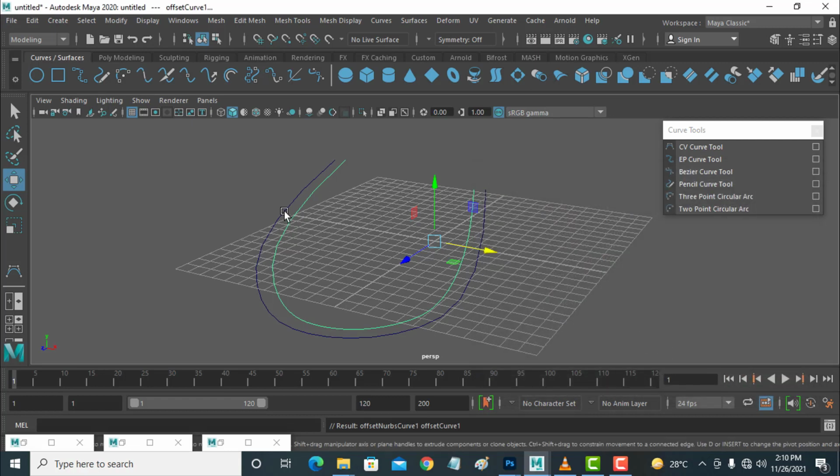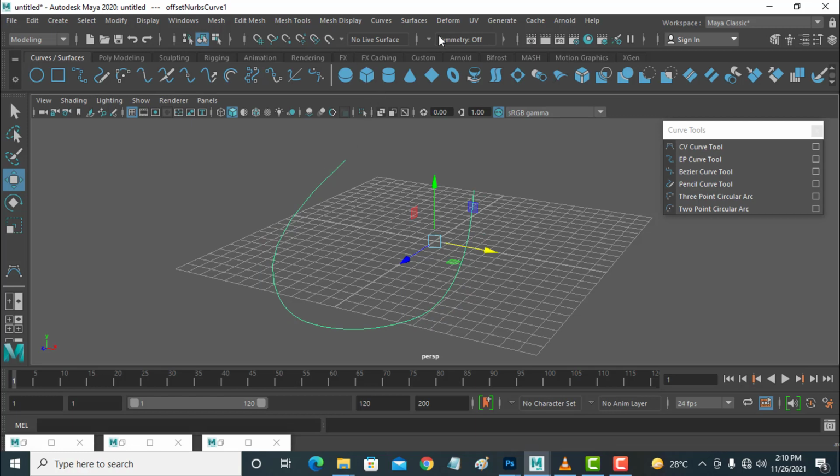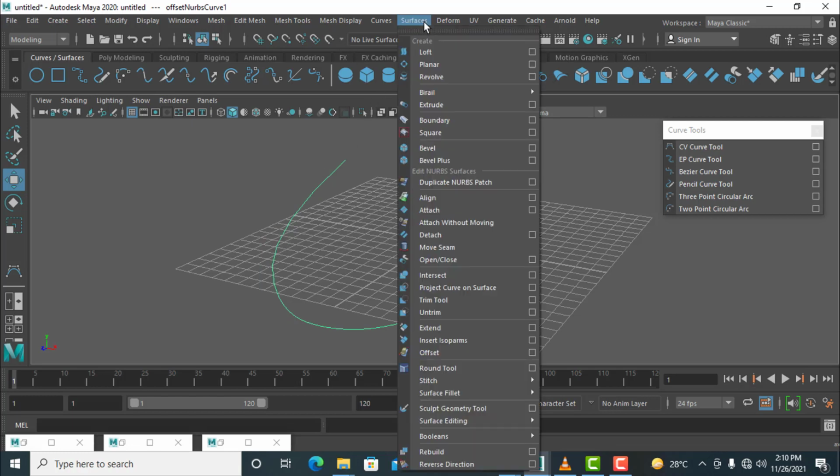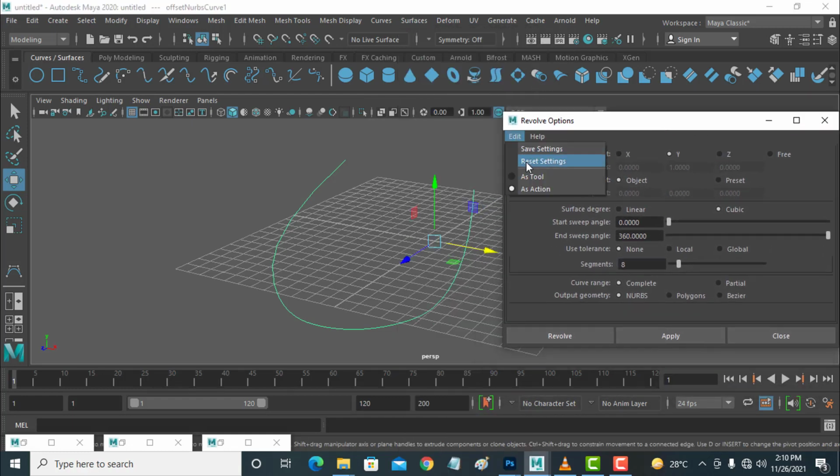Now I am deleting this line and click on this and go to surface and revolve. You can revolve this and reset setting and now x y z value. I am on y value, apply.